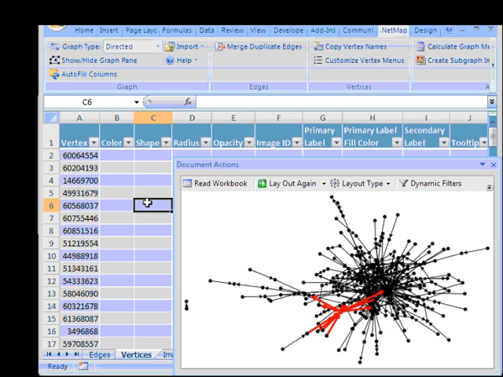So this allows a little bit more flexibility. But no, if the question is, does .NetMap have any particularly special capacity in terms of very large-scale graph performance? The answer is probably no. We're no better and quite possibly a little bit worse than some of the other graph visualization tools out there.